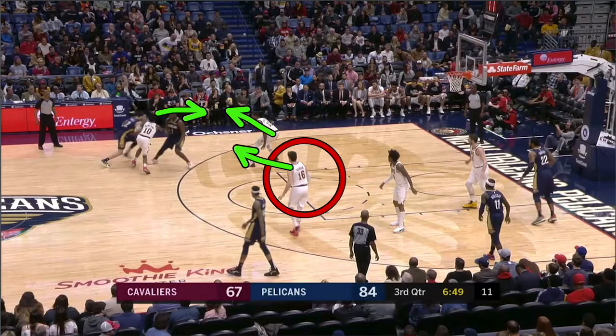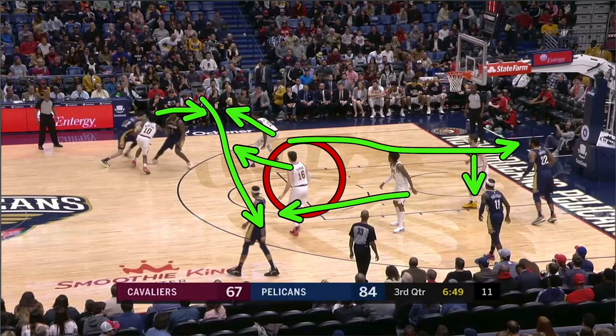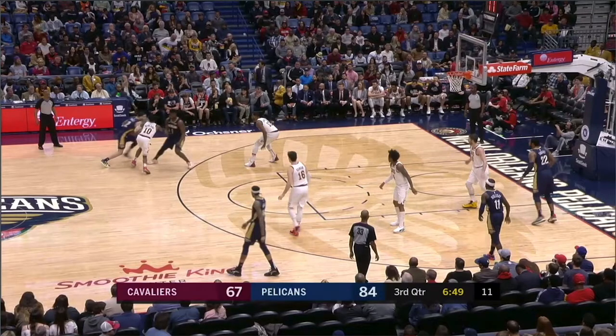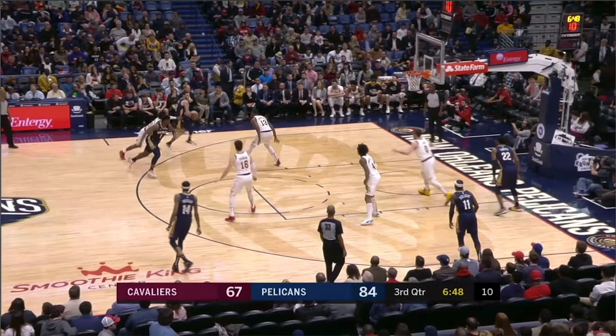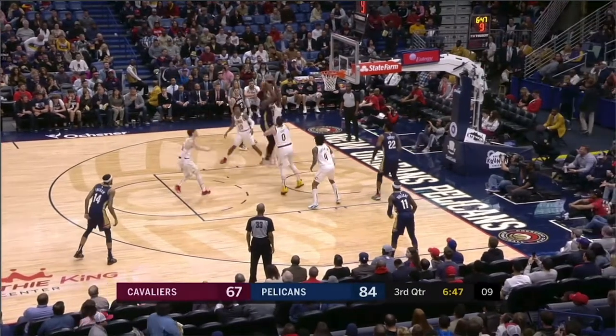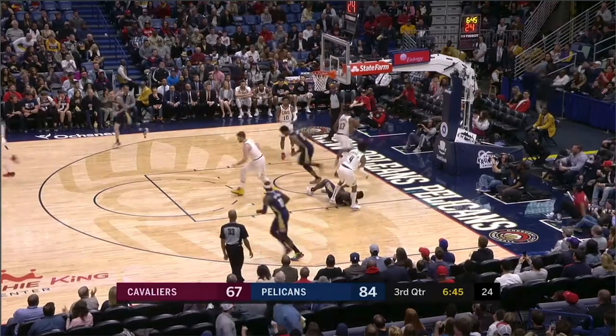You can't run a ball screen defense, whether it's drop coverage, hedging, whatever, where you don't have any backside help because you're giving up numbers. You have to have backside help. And again, if a skip pass is made all the way over here, this is an easy X out. This player just rotates up here, that player rotates there, and then your backside defender just falls onto this last player for New Orleans. Or there's other different options depending on where the backside help comes from. But when you run a ball screen defense like drop coverage and you have zero backside help whatsoever, and it's Zion Williamson, you're going to get killed on the pick and roll.